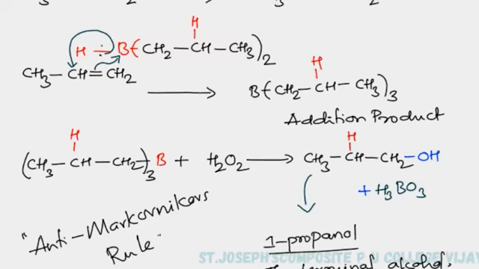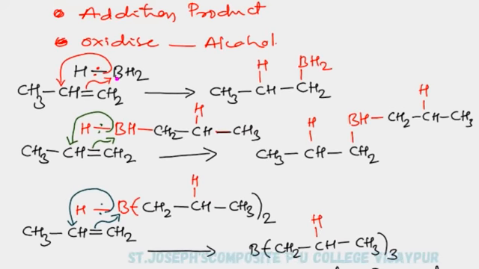One more point I want to tell you: you just notice the reaction. In the addition of diborane or BH3 across this alkene, you can notice that the electron density of the alkene is migrating towards the boron, and hydrogen, taking its bonding electron, migrates towards the secondary carbon, or second carbon. So that is just the overview. In the boron-hydrogen bond, the hydrogen gains a negative charge and boron gains a positive charge. The addition of hydroborane to the alkene follows Markovnikov's rule, actually, when you talk about the negative part and positive part of the reagent. But when you talk about the hydrogen itself, then it follows anti-Markovnikov's rule.